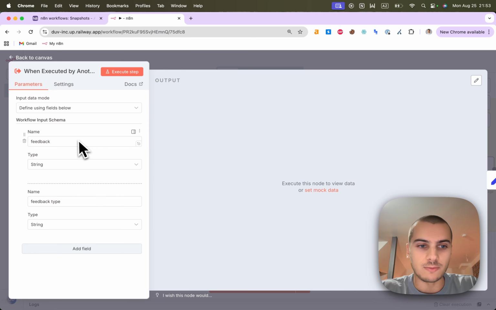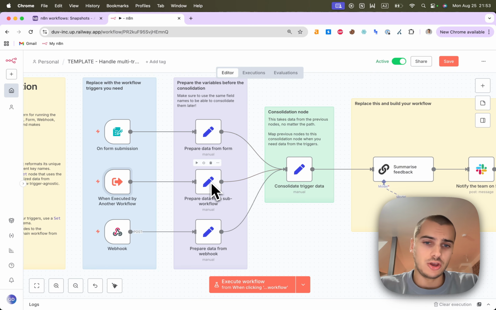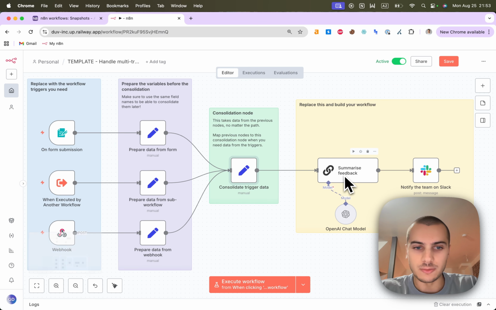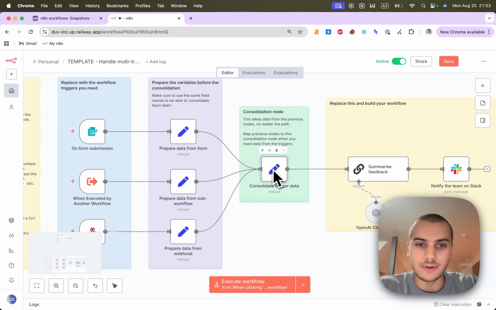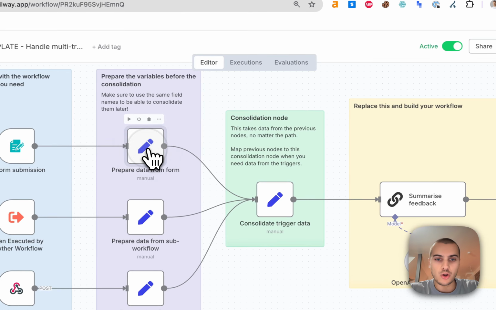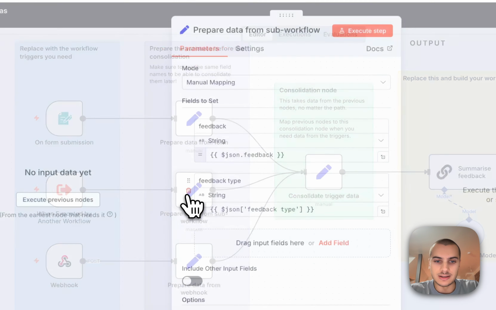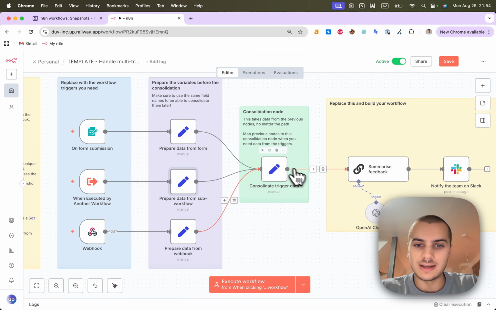And if you prepare a sub-workflow, here you might have more control over that. But actually, you want at some point to have a set node that defines the two variables in our case that we want to use going forward in the workflow. And to make this consolidation happen, we basically need a set node just after every trigger where we set feedback and type. We set exactly the same keys to kind of clean and prepare the data for the next node,